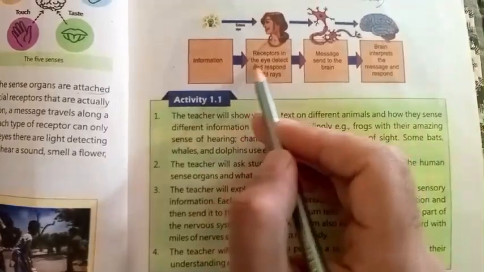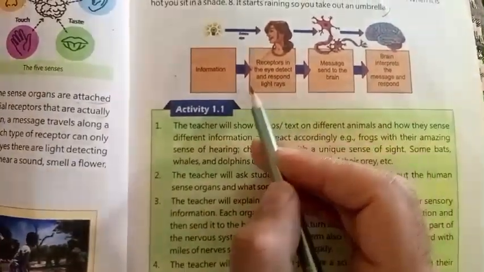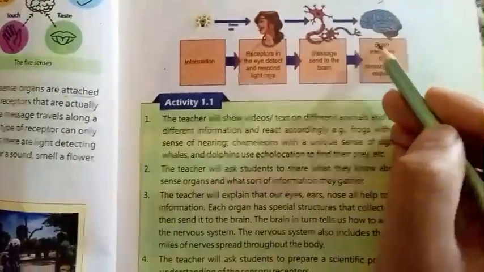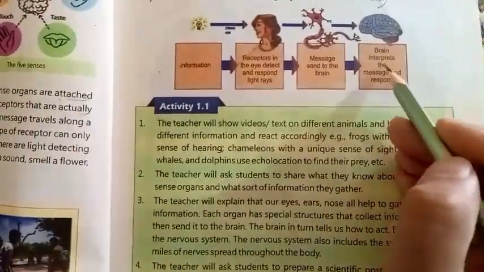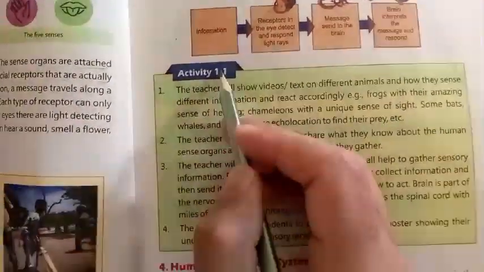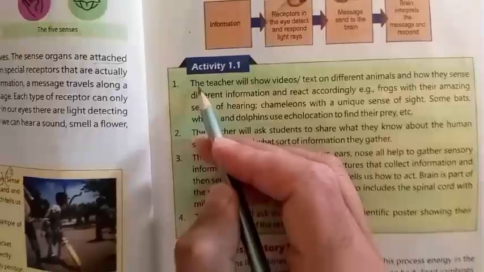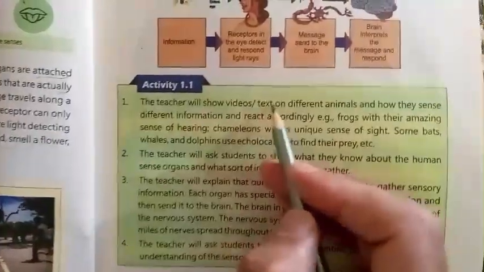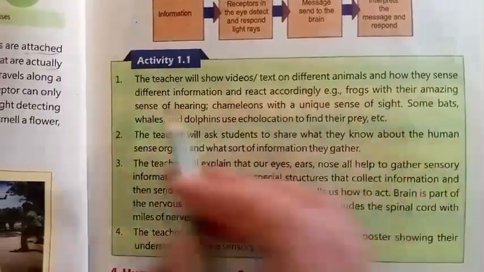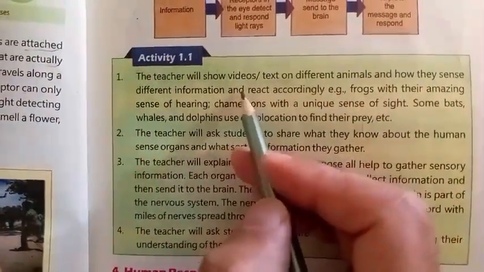Receptors in the eye detect and respond to light rays. A message is sent to the brain. The brain interprets the message and responds. Activity 1.1. Number 1. The teacher will show videos and text on different animals and how they sense different information and